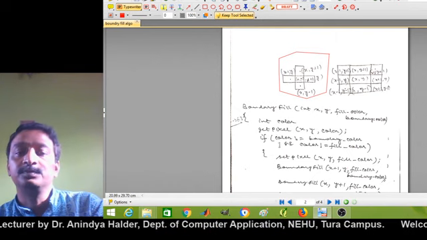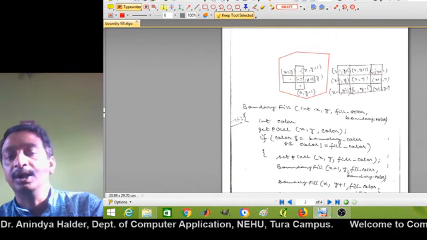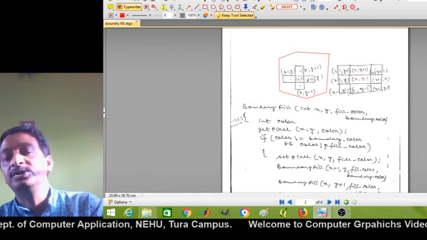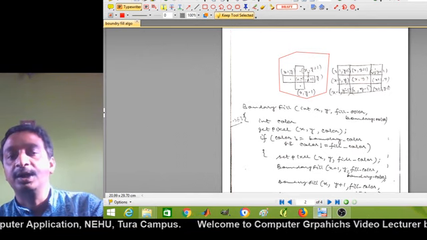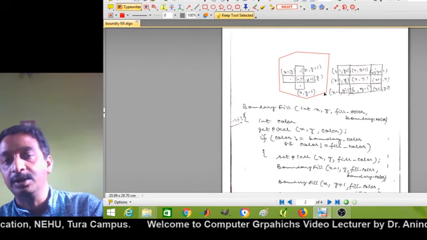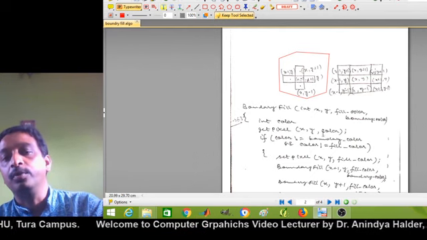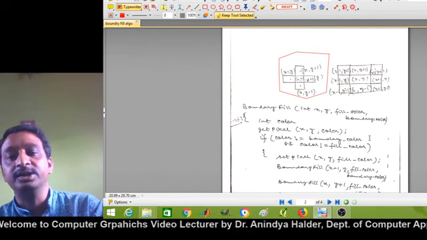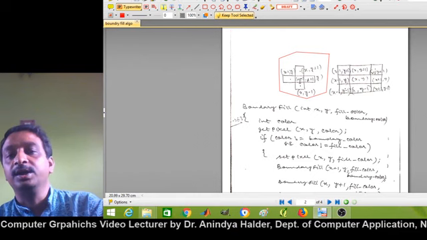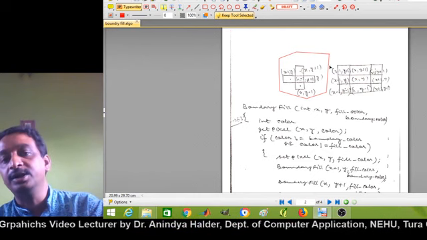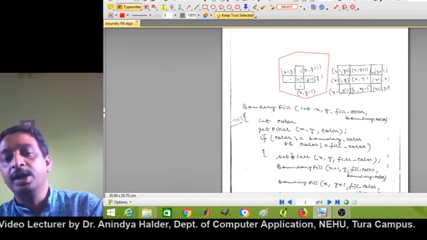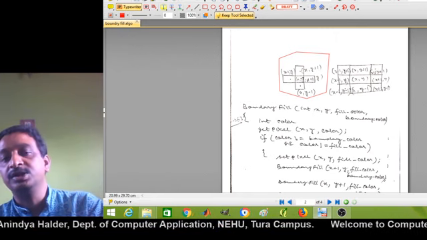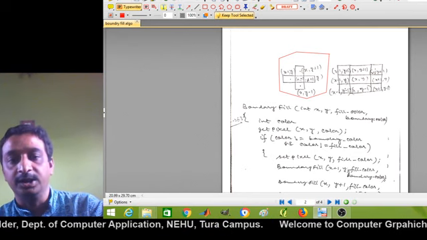Then if color is not equal to the boundary color, and color is also not equal to the fill color, that means the seed pixel is not falling in the boundary region, and the seed pixel is not already filled with the desired color.